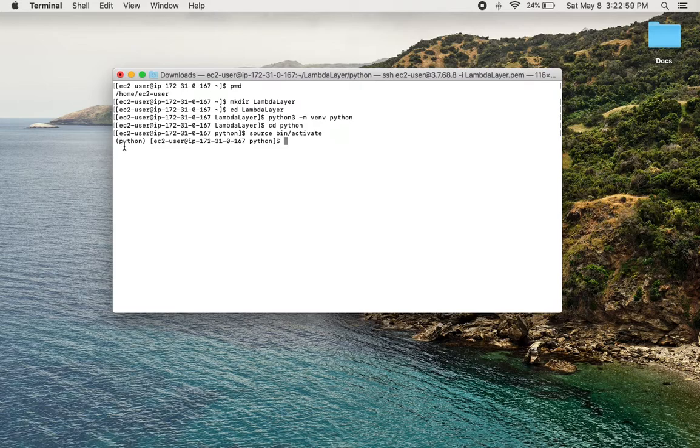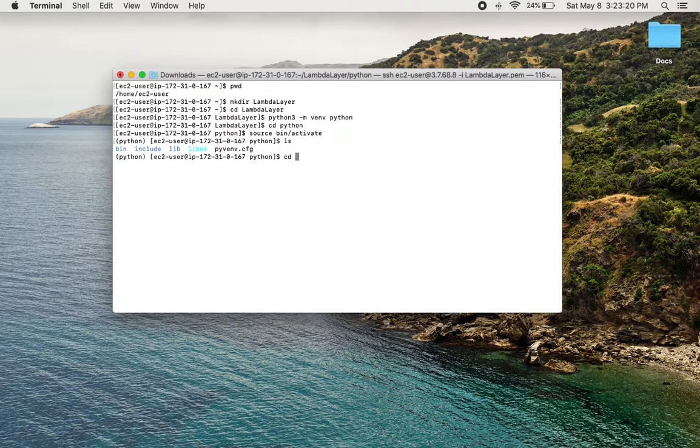And now you can see the python written at the start of the line in a parenthesis, which means that we are inside the virtual environment. Now, whatever we install here, it will be impacting only the virtual environment, and it will have no impact on our actual setup. So let's see what directories we have.